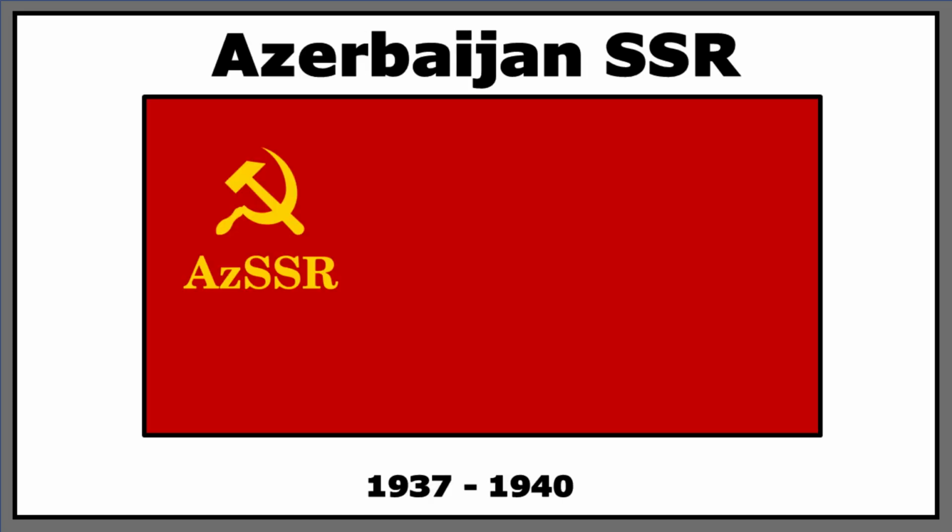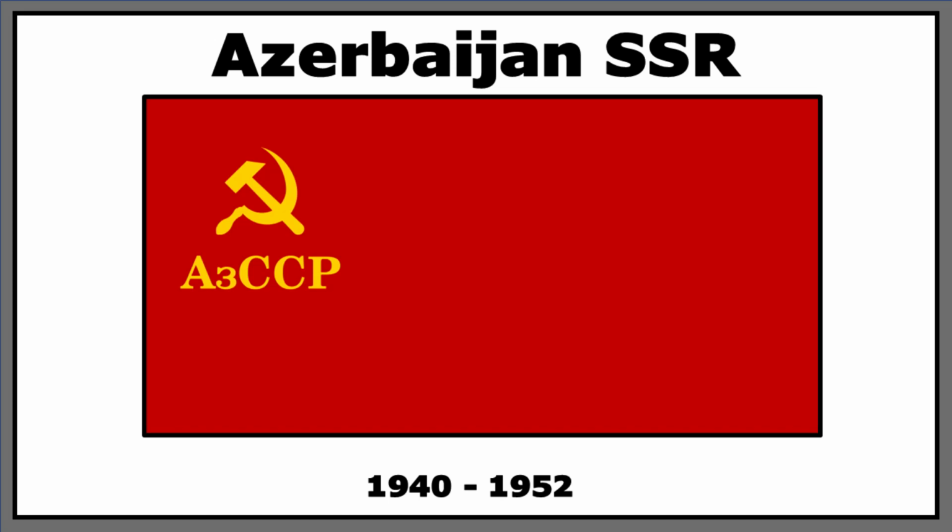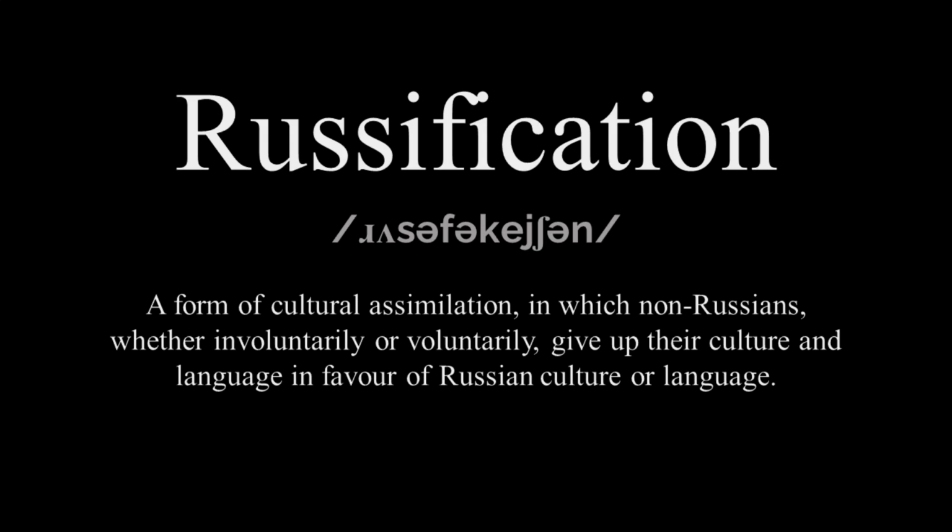Now get ready for our second round of Blink and You'll Miss It. Oh, there we go. A change to the language in the top left. Well, actually no, not a change to the language. Technically a change to the script in which the language is written. You may ask yourself, why? Why did the script of a language that had been written the same for 500 years change? The short answer is Stalin. The other short answer is my new favourite word, Russification.